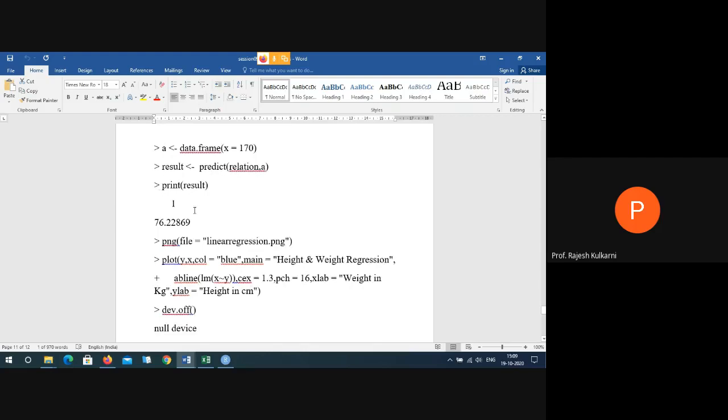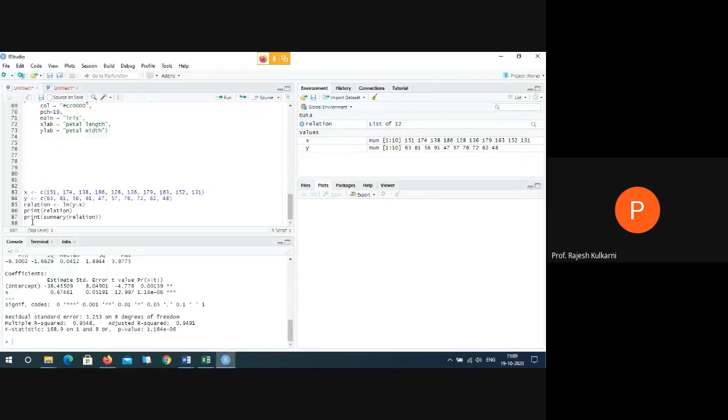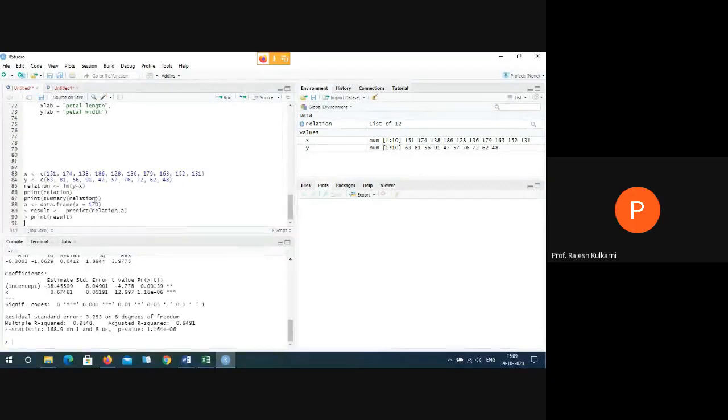Okay, actually this command is for plotting the graph, but let me check whether it will work or not.